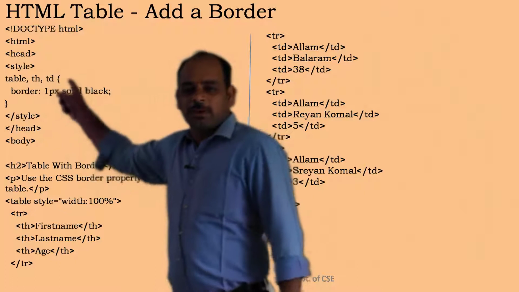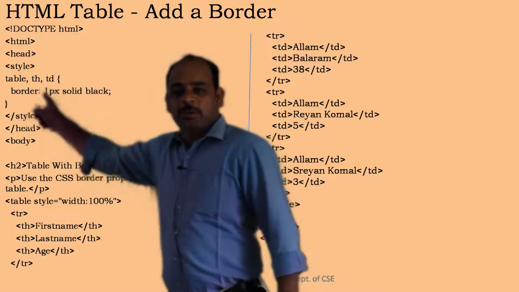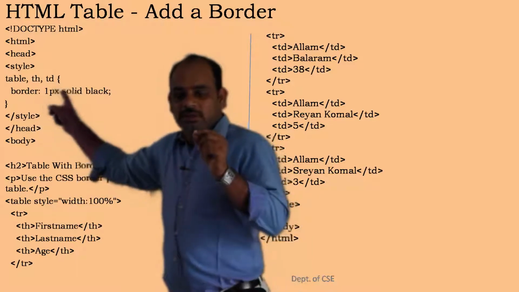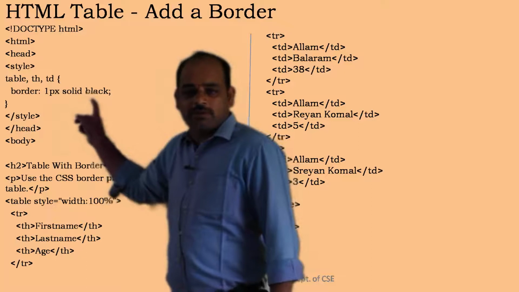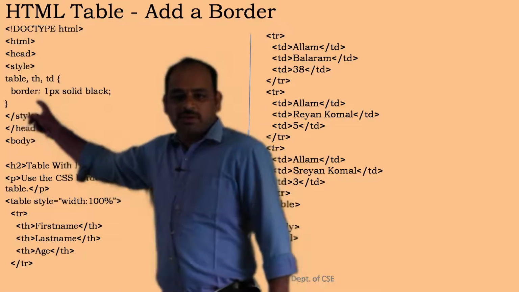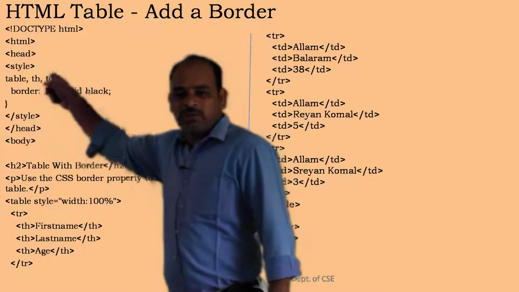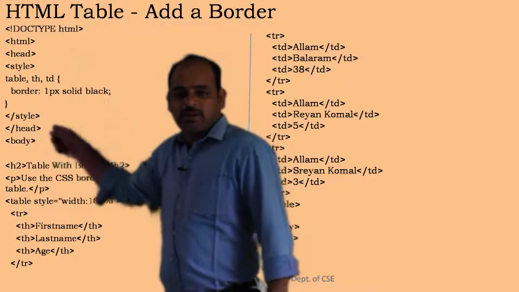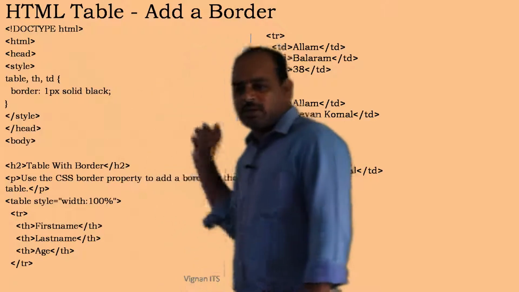Okay, and after the opening brace we have one property, that is the border property, and its value is 1px solid black. That is the width of the border line, 1px, and its type is solid, and close this one here. Basically this style tag is CSS code which is added into the head tag of the HTML, right? And close the head tag, and then the body tag. Within the body tag, same as before, we have created the table here.